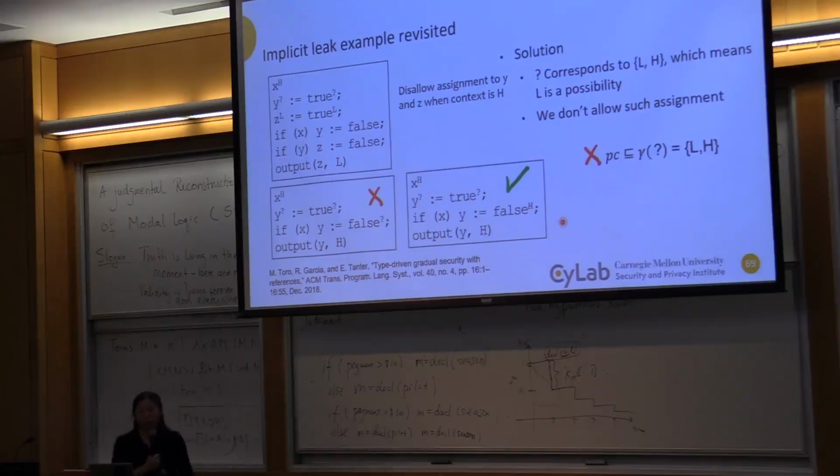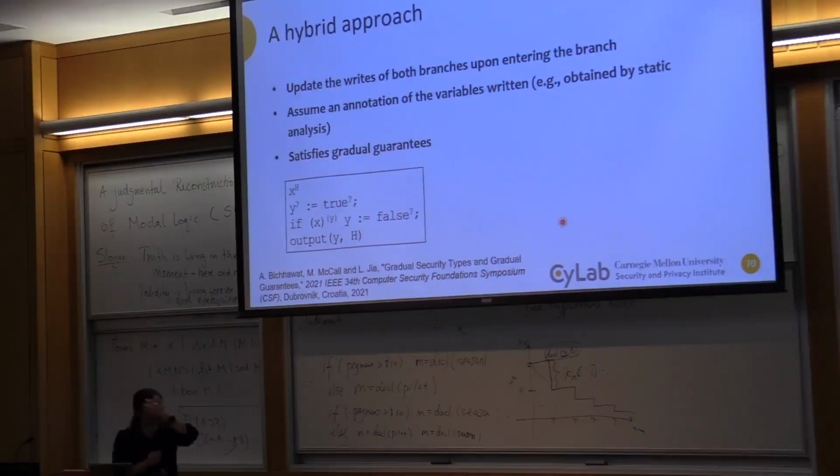Yeah, so I had a conversation with Ron while he was at CMU a couple of years ago. I think there's a better solution. I think if your monitor reacts too conservatively, you're going to reject too many programs. So instead, we have a couple of different papers on this, but the one that connects to monitoring very tightly is this hybrid approach. What we realized is that when you have a branch like this, you need to take care of untaken branches. You can't just say, hey, when this branch is taken, I'm going to do some action, right? So this is what we call the hybrid approach. Actually, in the information flow monitor field, people have done this independently in the monitoring field.